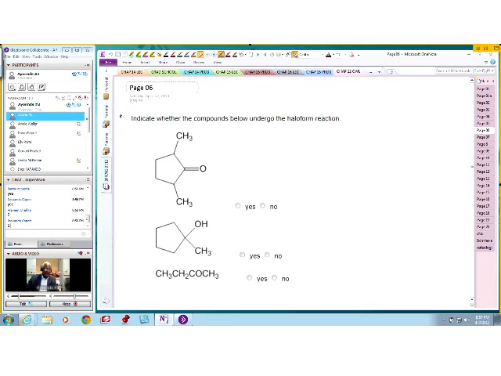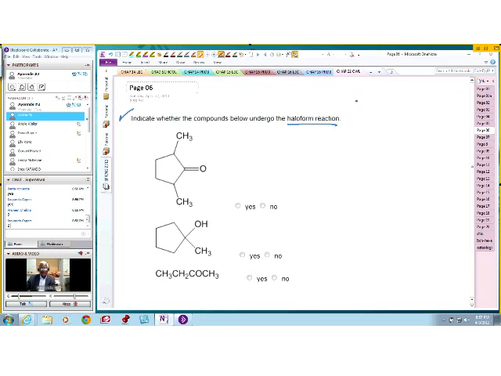Somebody go ahead and read this for us if you have not spoken to us already. Indicate whether the compounds below undergo the haloform reaction. Thank you. Very good. And that is Kiera Bradley. Very good. So now what they want us to do here is to indicate whether the compounds below undergo the